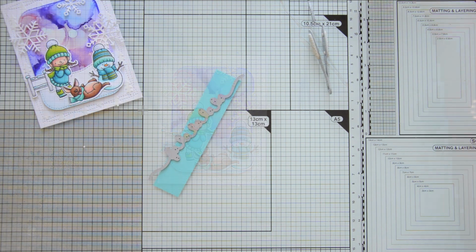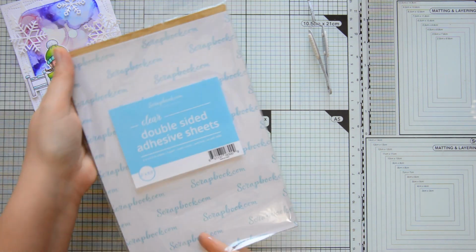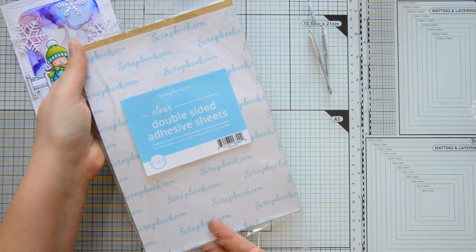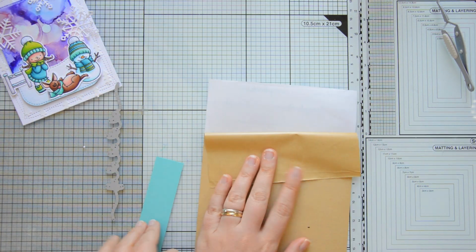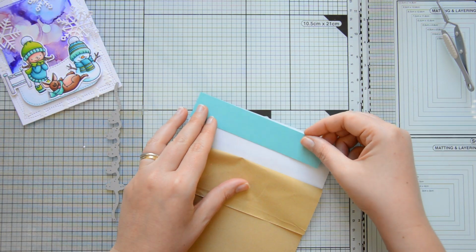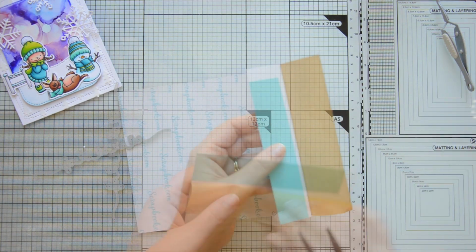These reverse tweezers were very helpful in gluing everything down because it made handling the die cuts really easy. And then the last element that I need is my sentiment. I used this Falala script die by Fawn to die cut some Hint of Mint cardstock by Hefty Doodle, and